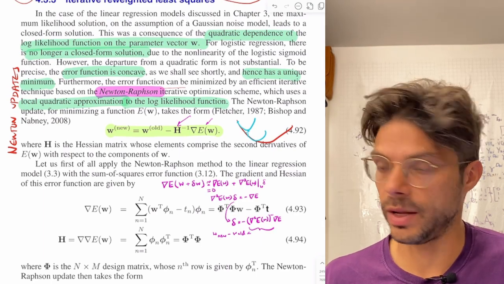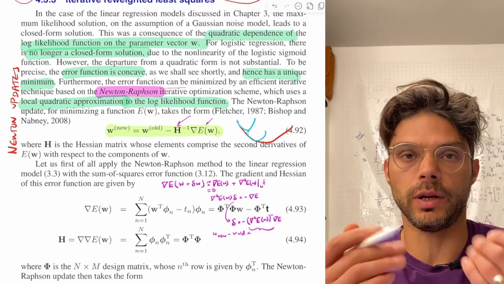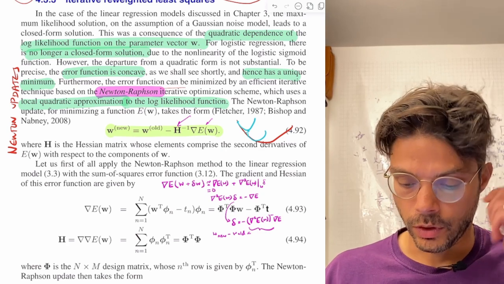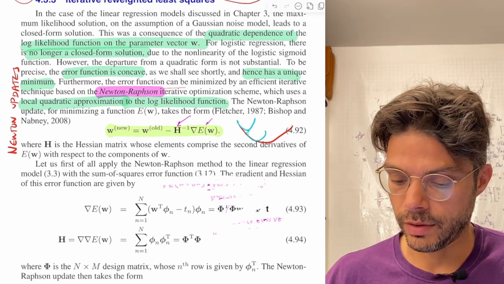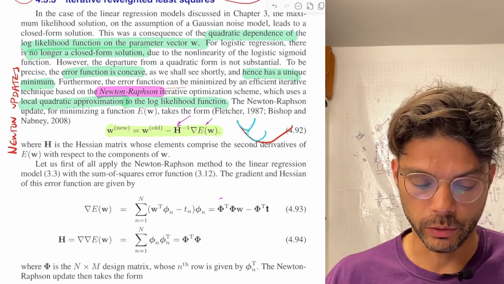Good. Okay, so that's where that comes from. So that's all you're doing. You're essentially just making this quadratic approximation and updating your w as if that approximation was exact. Okay, so now we're going to apply it to, let's erase all of that. And now we're going to apply it to the